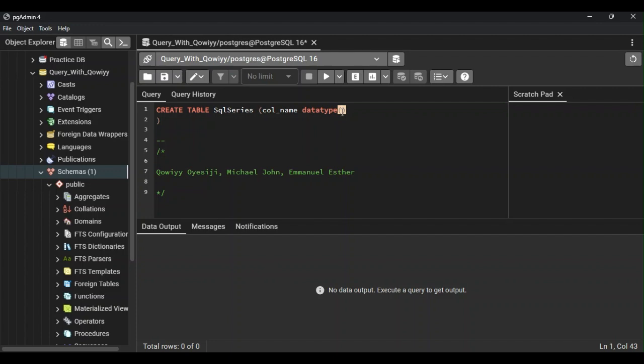Okay, from all the names I want to type, there is no name that is up to 45. There is no name that is up to 70 characters. So I'll just say 70 characters. That means the maximum number of characters this particular column can take is 70. Exactly. So now, without wasting much of our time,